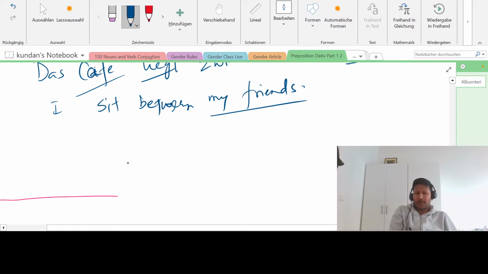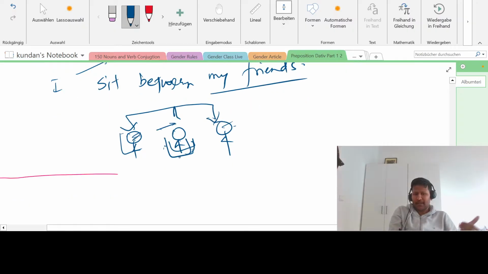Suppose here my friend is there, here is one more friend, and I am sitting here, right? I'm sitting between my friends. So is there any movement from here? Already sitting here. We are talking continuously, right? So there's no movement. If I'm talking in that sense, then this is in which case? It is in dative. So let me tell you the sentence. Ich sitze zwischen